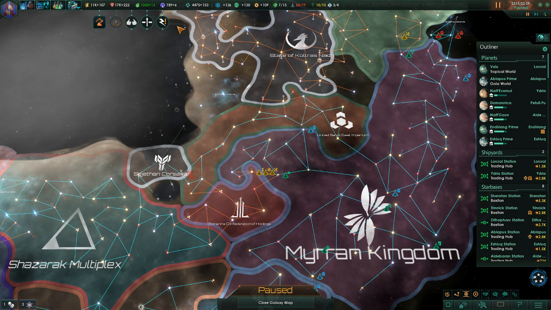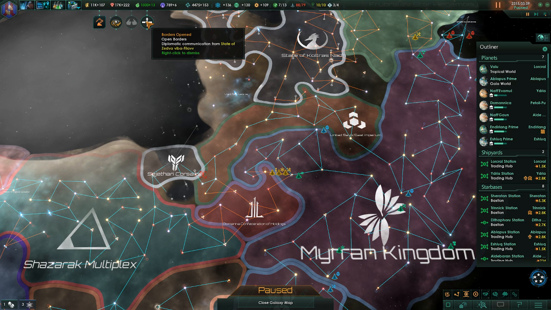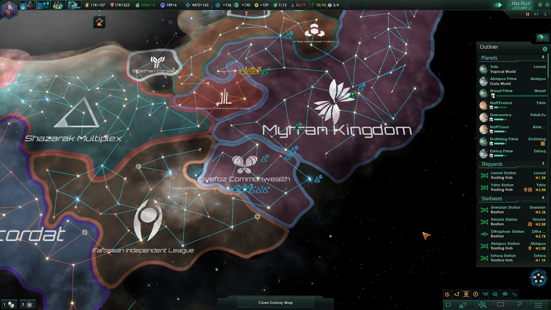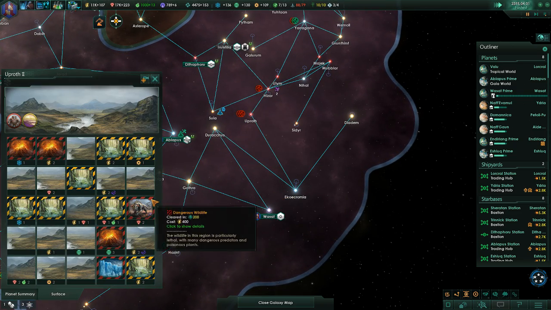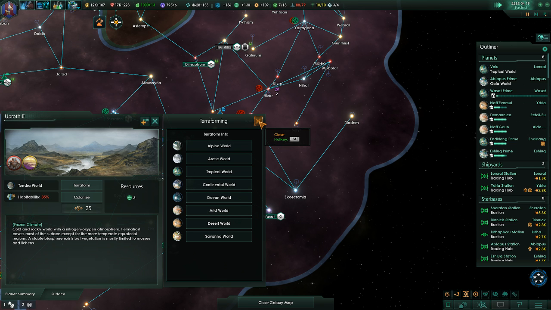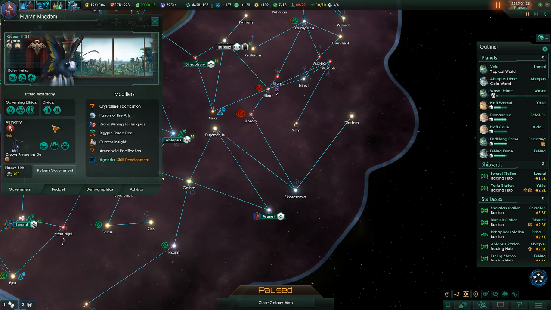Yes, we've already looked at that. Okay. Colonization initiated. Oh, there's our new colony going. Right, so now we have terraforming. We wanted to terraform here. And what do we want to terraform it to? What is our primary...